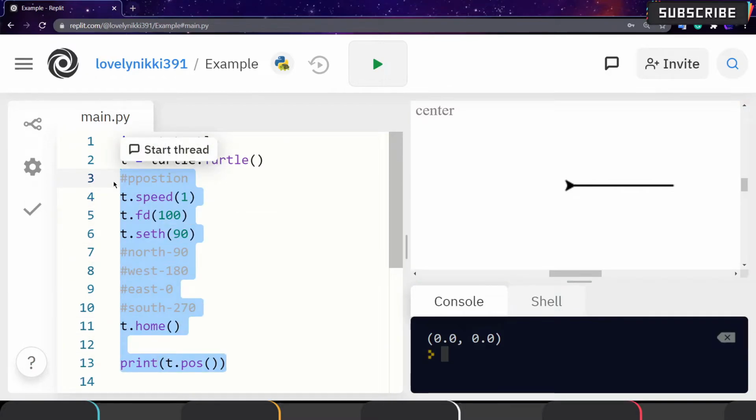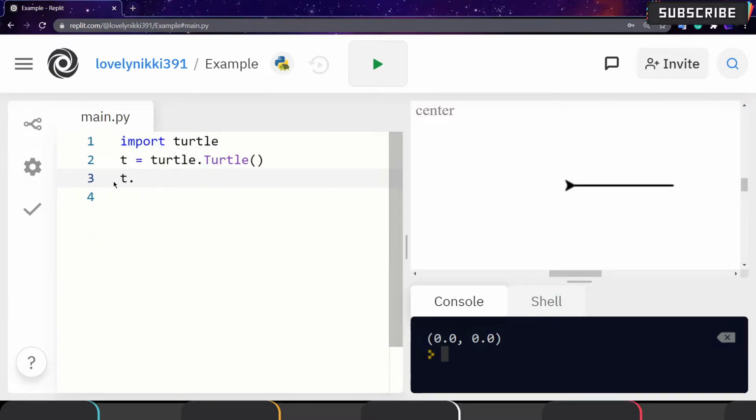So now let's see the next function called towards. This is a function which gives the angle between the current position and the given position.